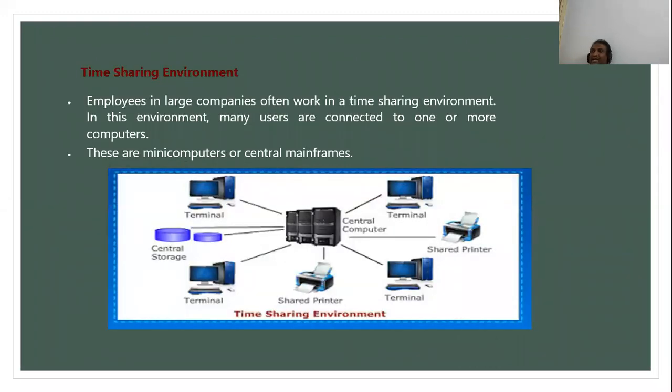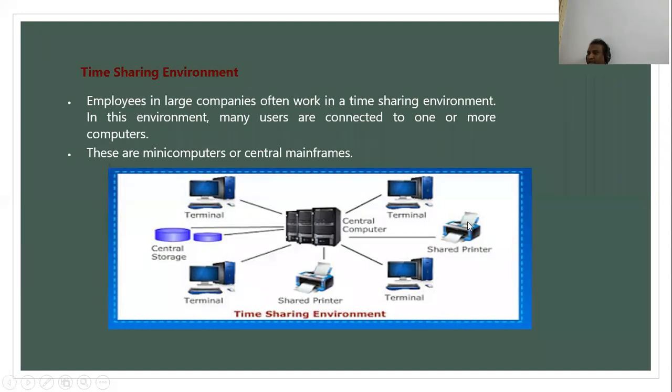Then coming to the next category, we have the time sharing environment. Here, in the diagram, I have terminals. Terminals are what we call normal personal computers. They're all connected to a central computer, and from this central computer, they are able to share the printer.